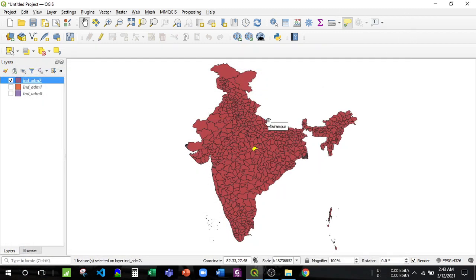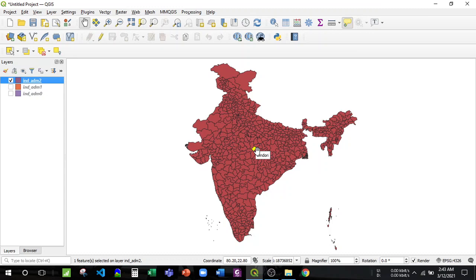Now comes an option called georeferencing. If you have to make the study area and attach the referenced area with the overall map, then you have to use the function called clipping.